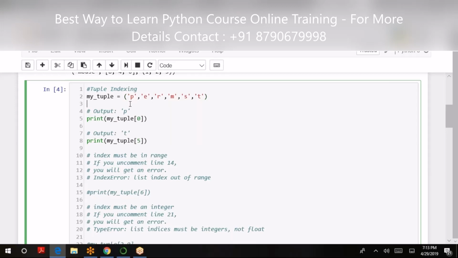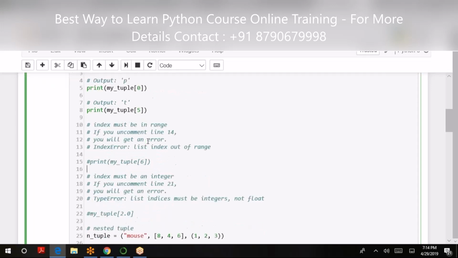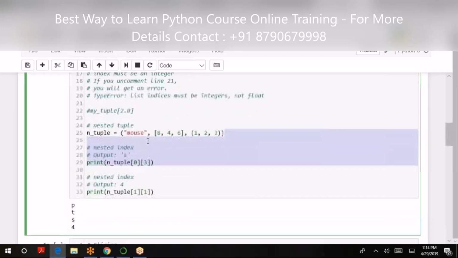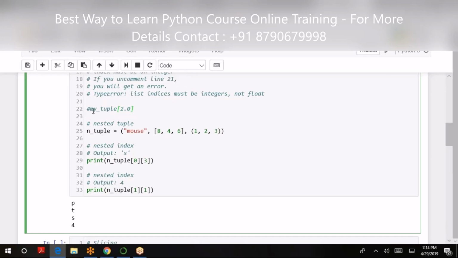So I have displayed my tuple, which is a combination of various characters, and I'm asking it to print a particular value. Let's say my tuple of 0, of 5, whatever it is. Now, what happens if I say my tuple of 2.0?